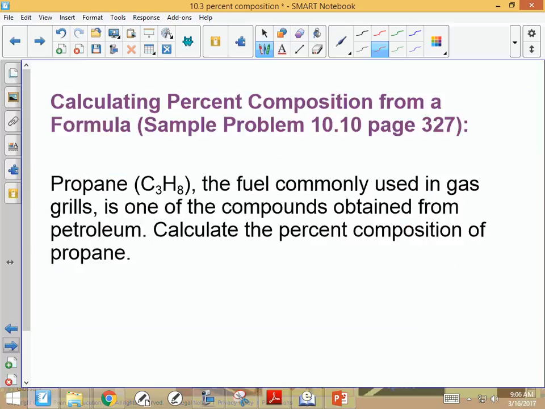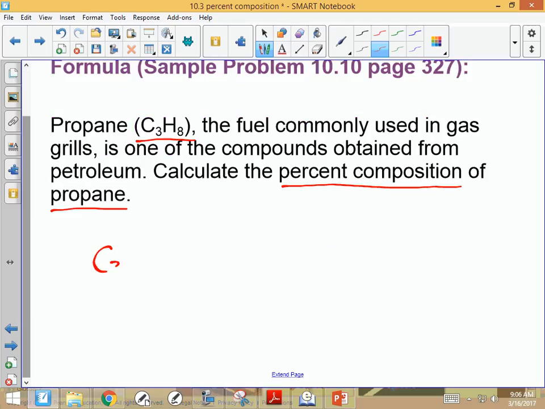This is sample problem 10.10 on page 327. Propane, which is C3H8, is used in gas grills. And this compound is obtained from petroleum. They want us to calculate the percent composition of propane, and the only thing we have is the formula, C3H8. So the first thing we need to do is calculate the molar mass of C3H8,